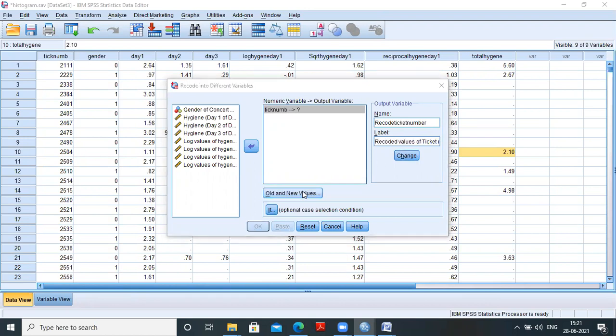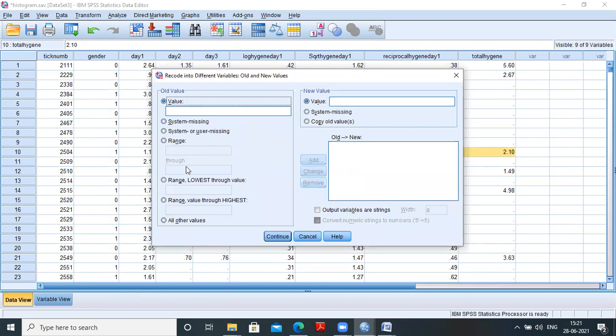Old and new values. Now what will be all the values below 2500? Range lowest through 2500, that will be taken as 1. All the values between 2501 to 3000 will be considered as 2. We have to add simultaneously.